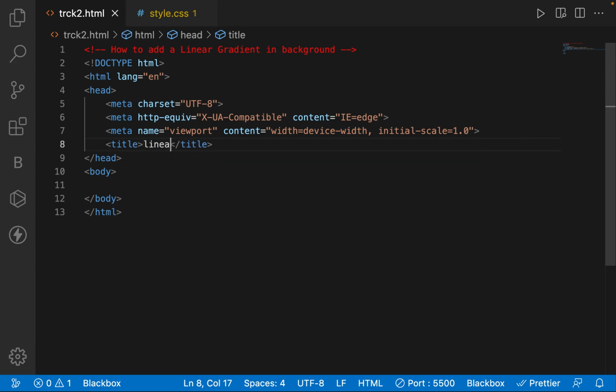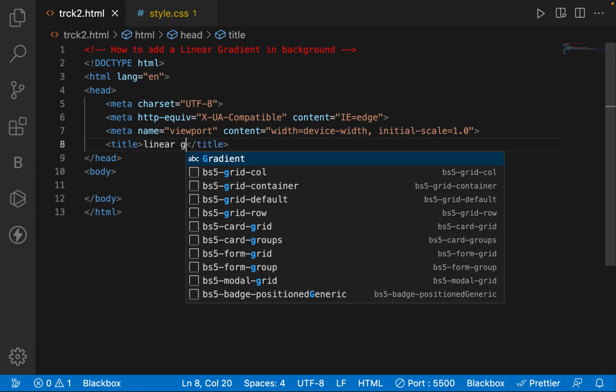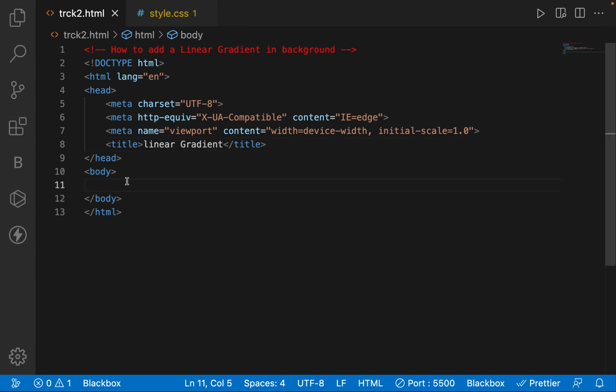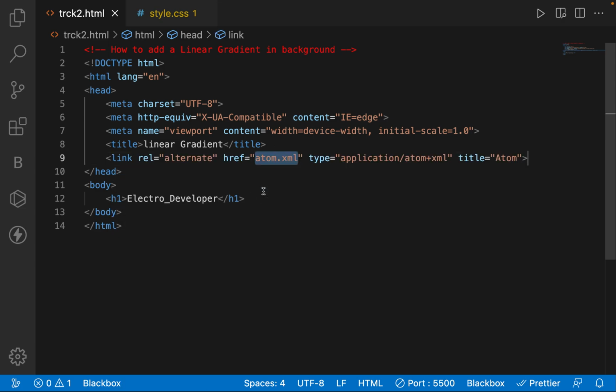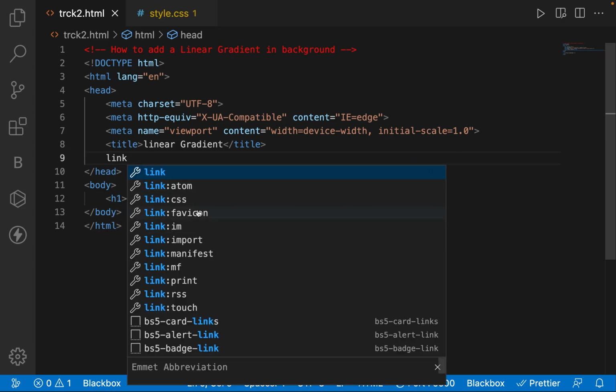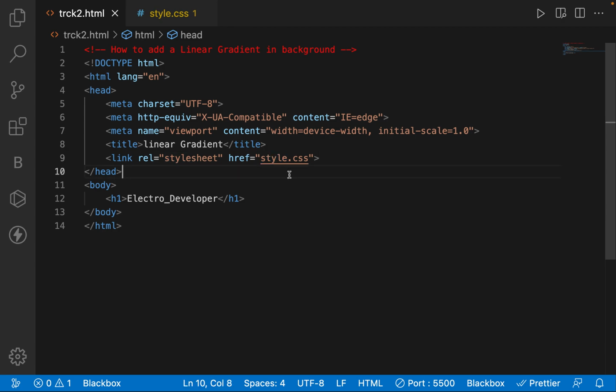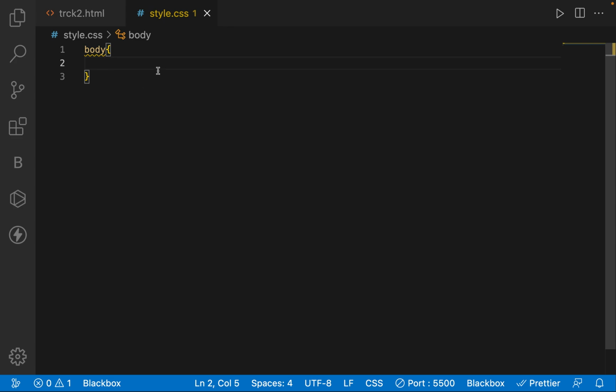Add a title as a linear gradient and link to the CSS. To open a CSS file, just click on it and go to body and go to